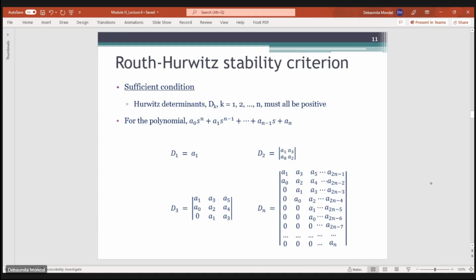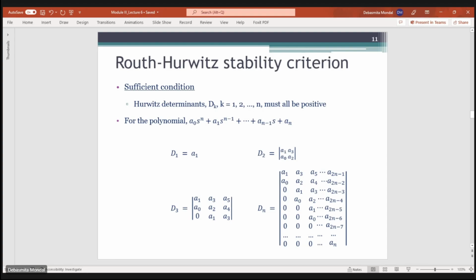Now, once your system has all positive coefficients, then you will go to the sufficient condition. The sufficient condition says that if you find the Hurwitz determinants, we'll just see what Hurwitz determinants are, then all the Hurwitz determinants should be positive. If you can satisfy this condition, that the Hurwitz determinants, that is dk, are all positive, then you will say that the polynomial is satisfying both the necessary as well as the sufficient condition, and correspondingly the